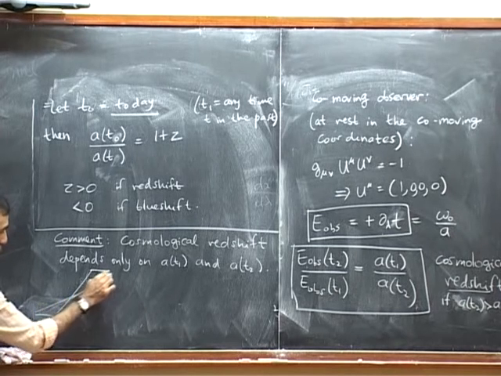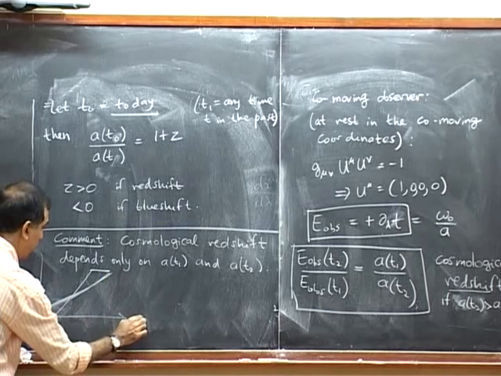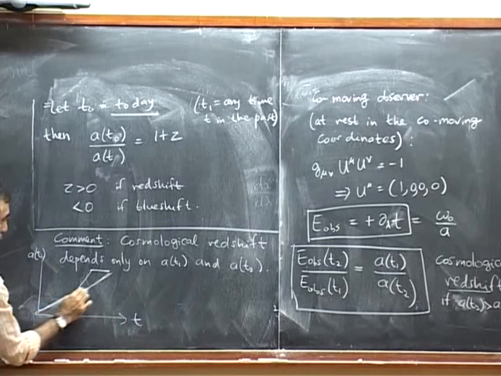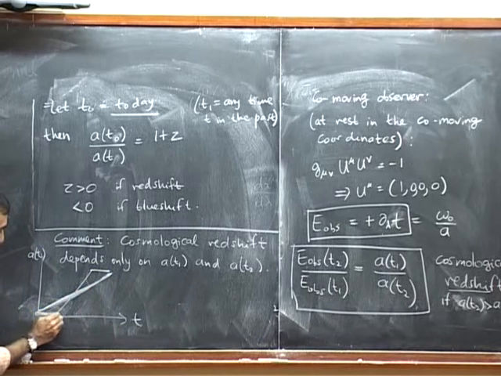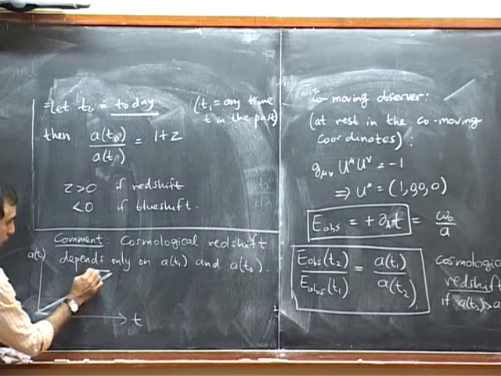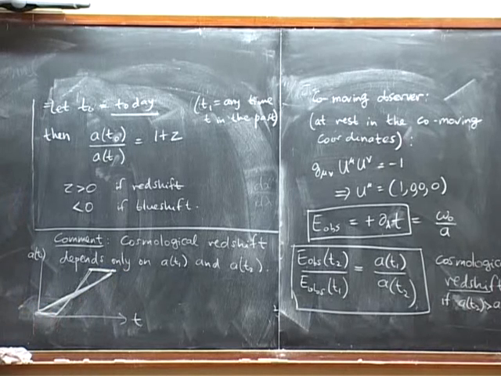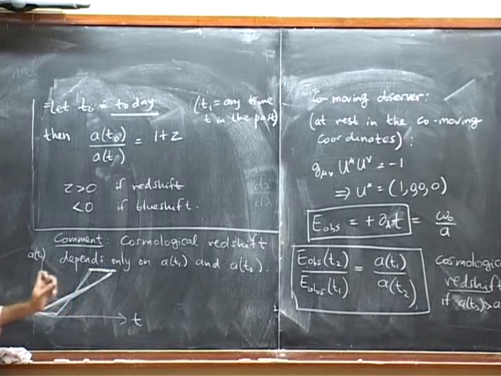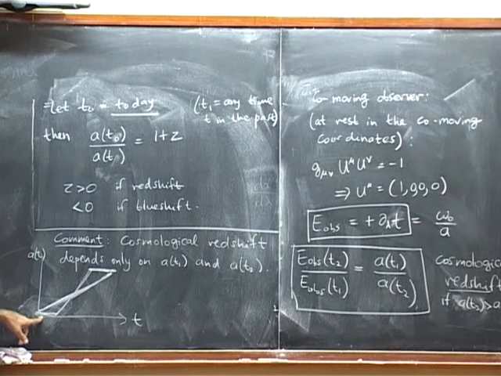So this is A of T1. I'm saying compare these two. This is a smooth increase of A of T. This is T, A of T. Normal smooth linear increase of A of T versus A of T doesn't change for some time, then it changes a bit faster, and then it doesn't change. So at the end, A of T2 and A of T1 are the same for both of these histories of the universe. The redshift is the same because it's A of T2 over A of T1.